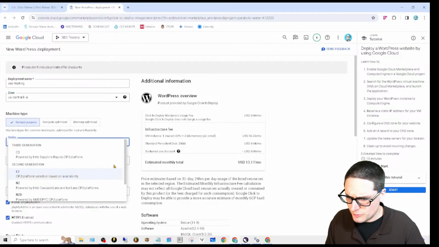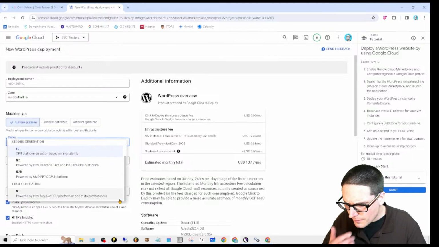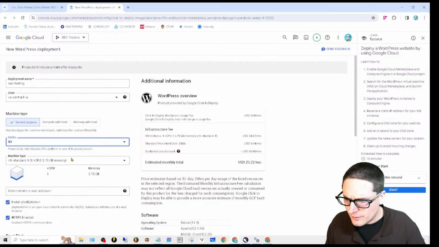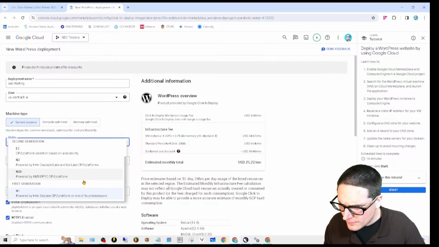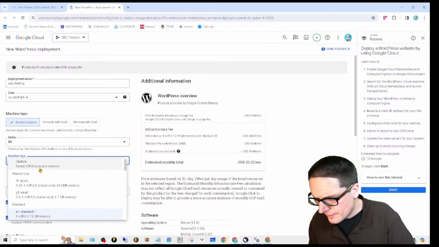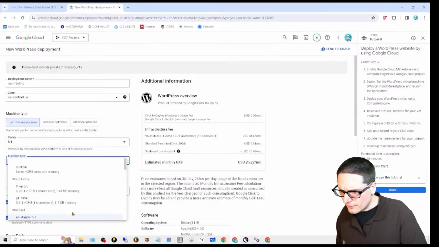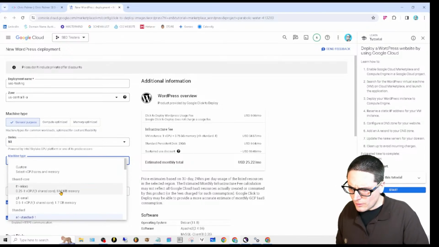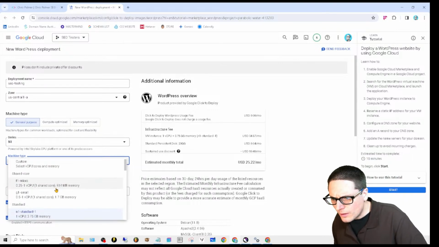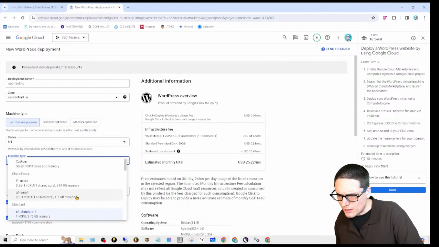All right, E2, what we're going to do is go to N1. Okay. Then we come inside of here. Small, half, one